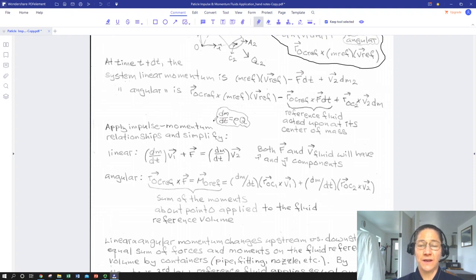So we end up with, if we use our relationship that our mass flow rate dm/dt is just equal to density times the volumetric flow rate, we can write a simplified expression. I've skipped a couple of steps just doing the simplification, but we can write a linear momentum expression for the entering and exiting water as our mass flow rate times the entering velocity. And again, this will probably have an i hat and a j hat component, plus the force that's being applied to the reference volume, which will probably have an i hat and a j hat,